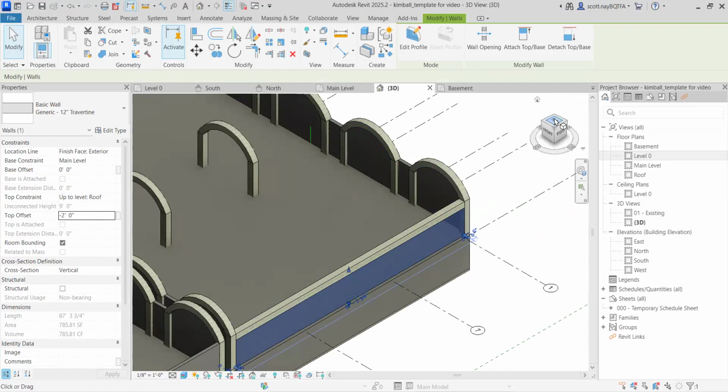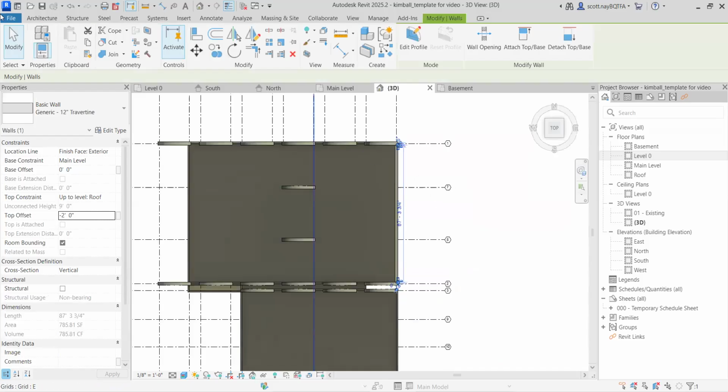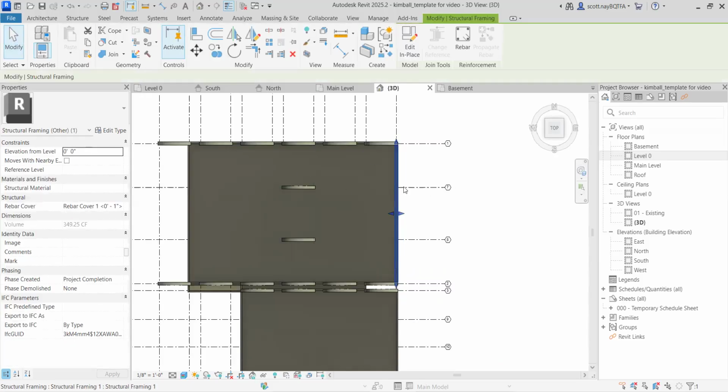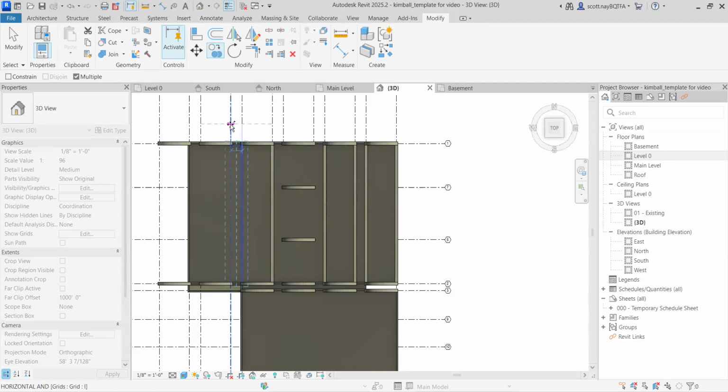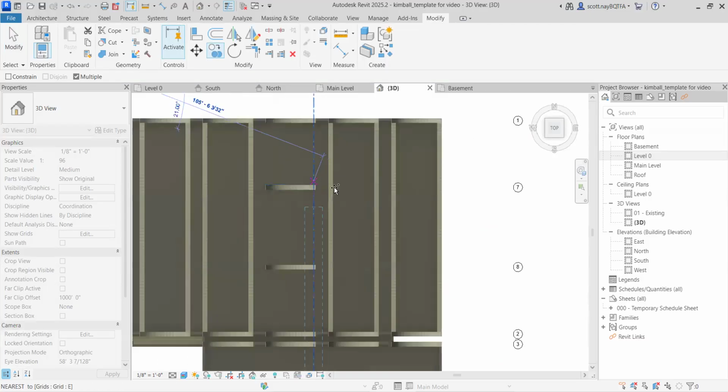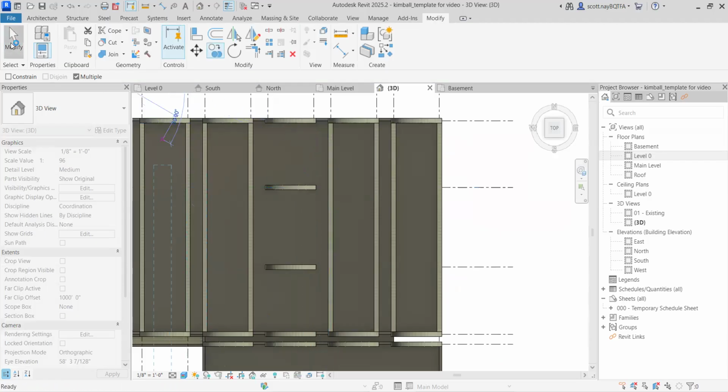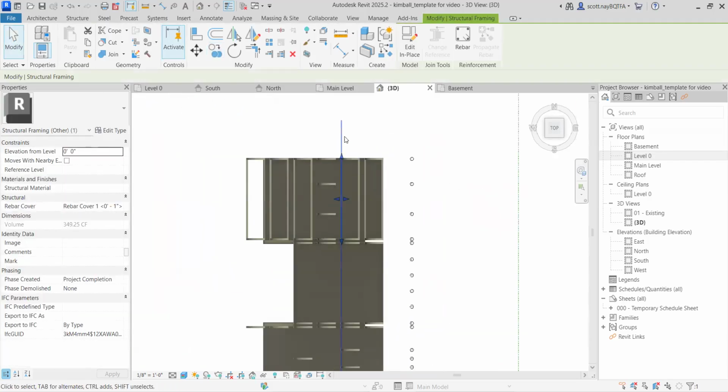Same situation as everything else. Once you've done this, you can highlight it and you can start copying it based on the grids. So I can copy from here to here to here. Now this one will get a little funky because we've got these in between ones. So I'm going to skip that one. These carrying beams exist in between all of them. So we would have shorter ones here. Since we disassociated it,